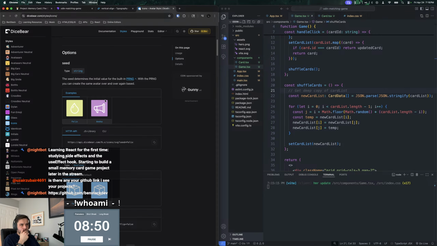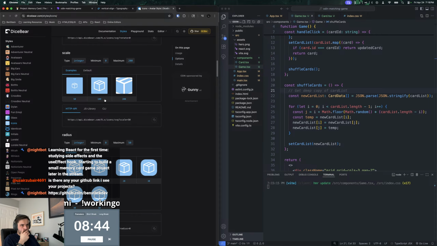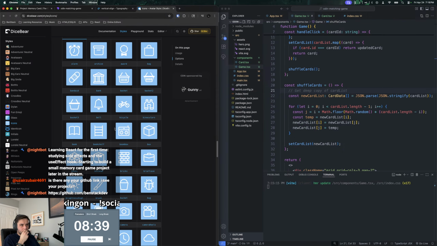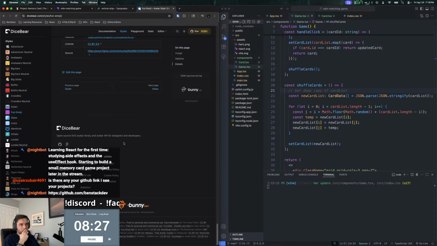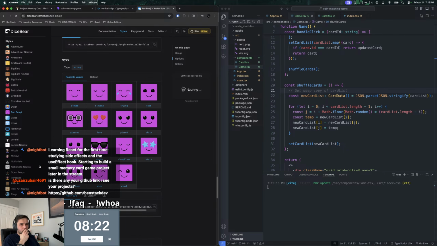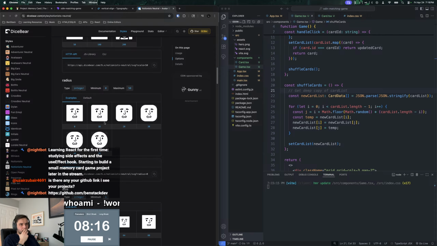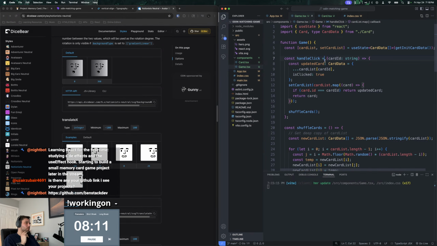Icons. You can rotate them too. That's cool. Oh, this is only a subset of them. I see. Okay. Fun emoji. Oh, we can get different cat types too. That's neat. So we need to do some sort of